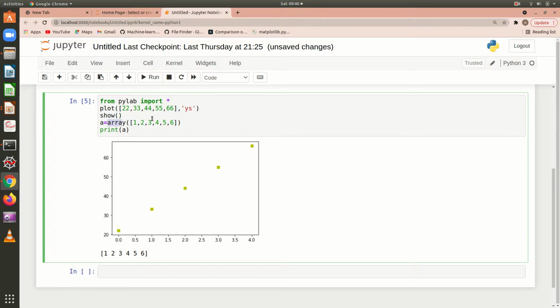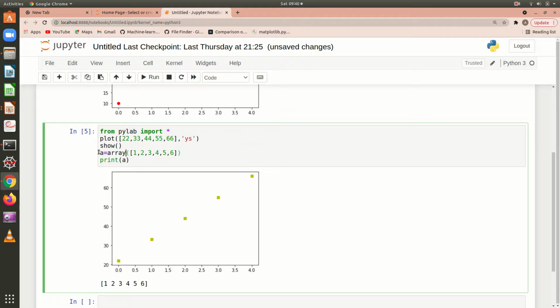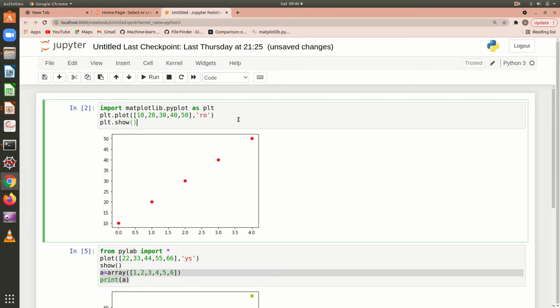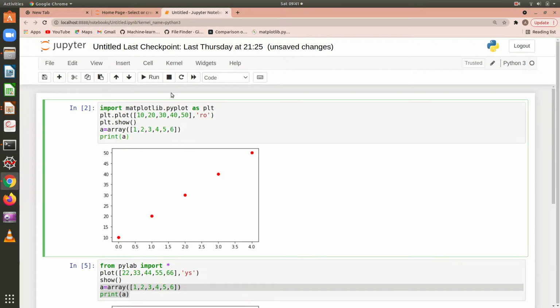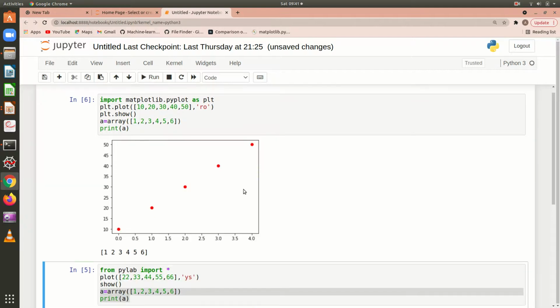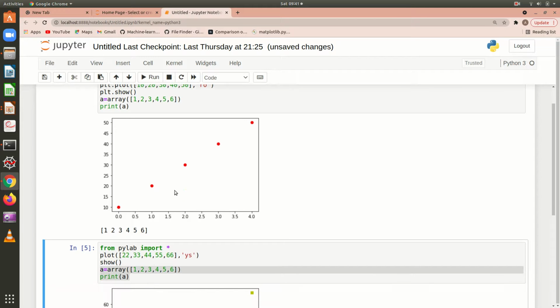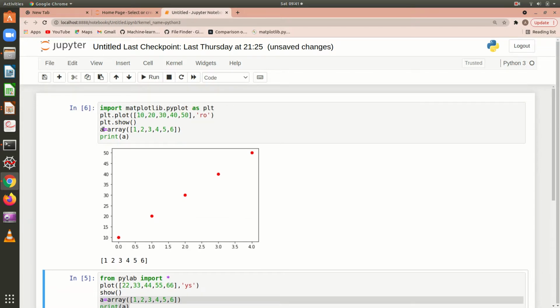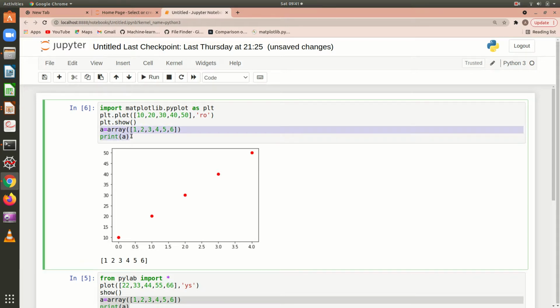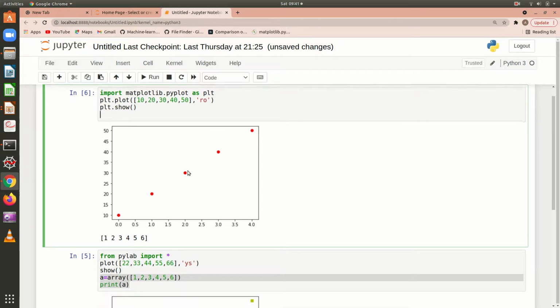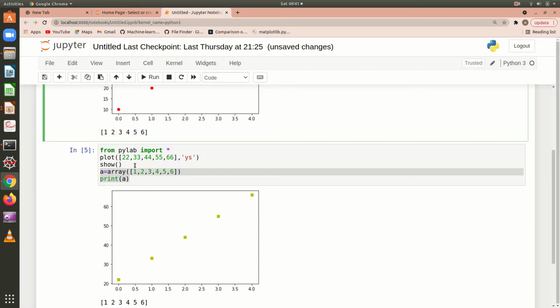So usually if you want to create an array, let us assume the same function I am using here in my program where I have not imported pylab. Okay, let us try running it. Yeah, since I have already imported pylab here, it is not showing you an error. But if you are going to do it in a separate notebook where you have not imported pylab, it is going to show you an error. It says the array function is not available, right?